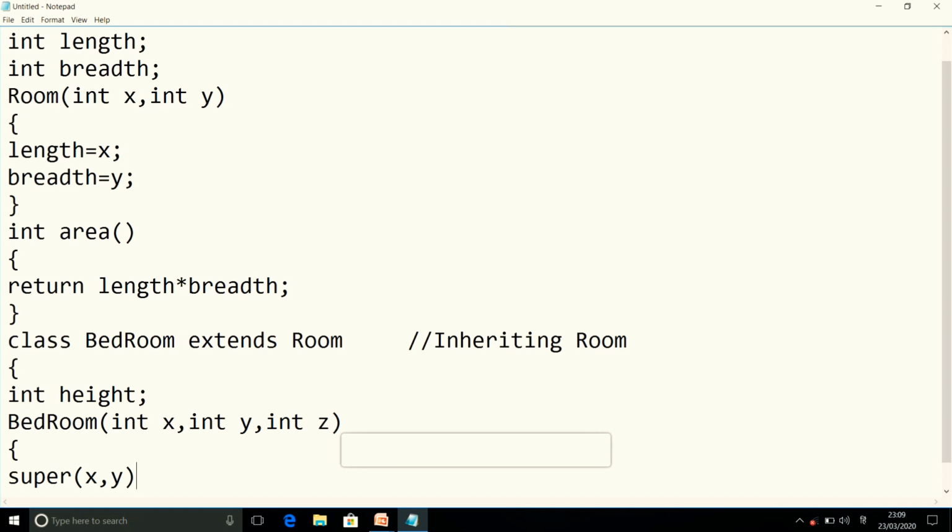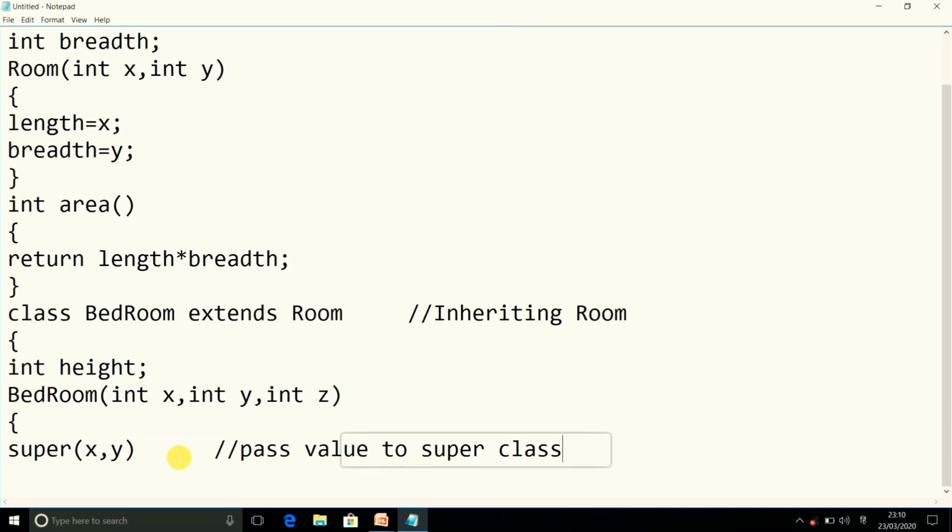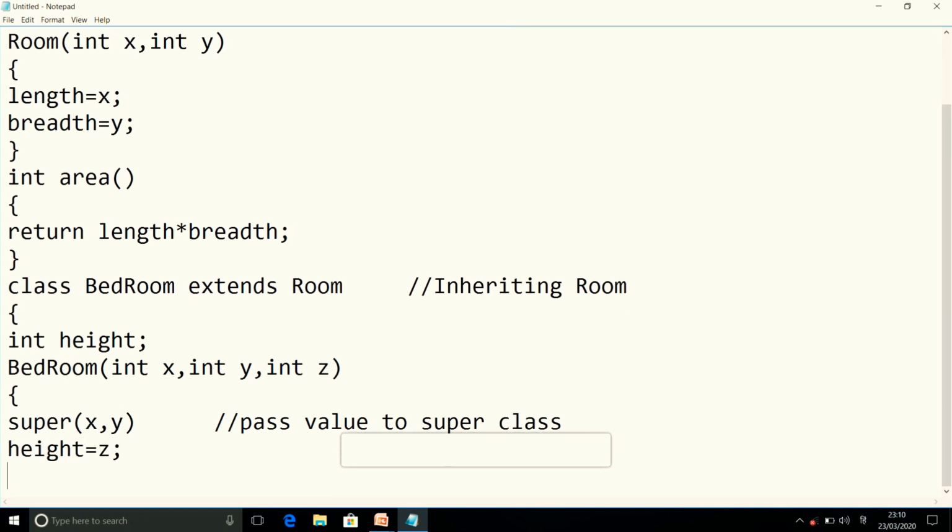Super is also a keyword, and super may only be used within a subclass constructor method. Here super is the method where we pass the value to the superclass. And now we will write height equal to z. We will initialize z to the height, and now